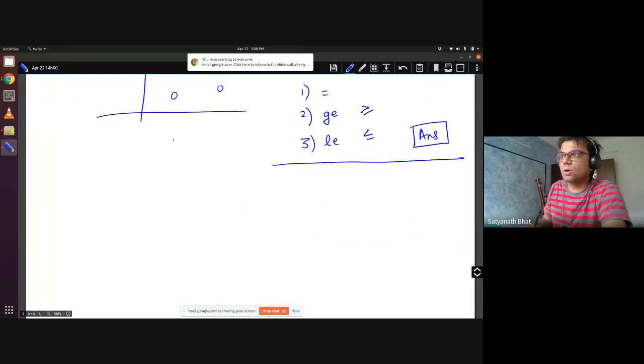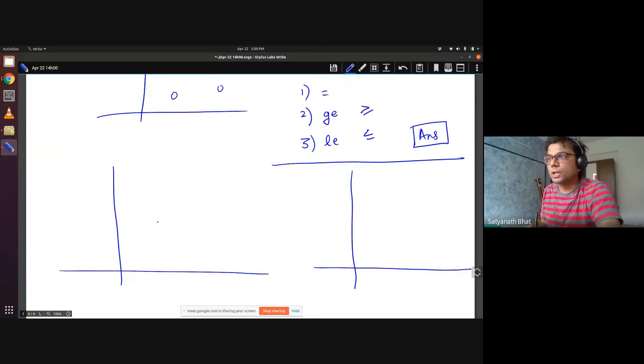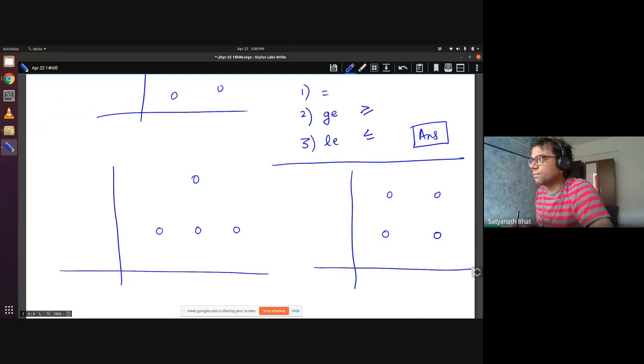The 4th case was, if you remember, when I take 4 points, there are 2 ways in which those 4 points can come. One world is where 3 points are collinear. And the other is where there are 4 points which form a quadrilateral, not necessarily this quadrilateral, but a quadrilateral. When you have this kind of a world, if you color these vertices the opposite way, there is no linear classifier that can shatter this.